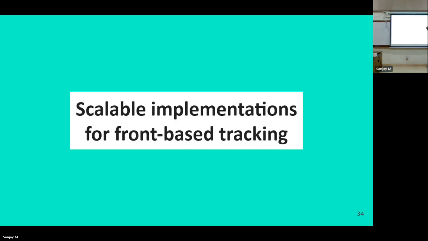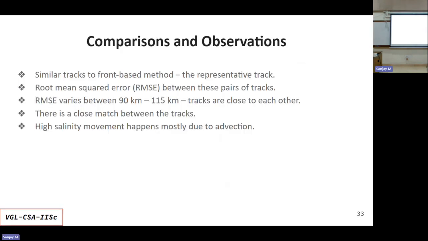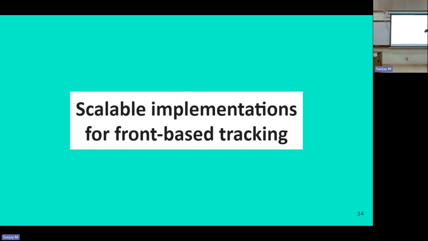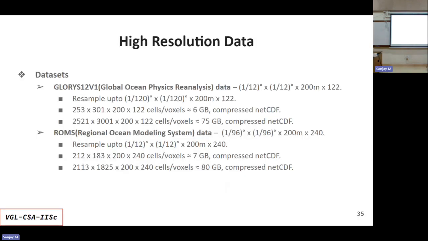From this point on, we tried to turn our methods into scalable methods that can be used over very large data sets. One of the data sets we tested on, like I said, is 1/12 of a degree over 200-meter depth and 122 time steps. To test how scalable our system can go,